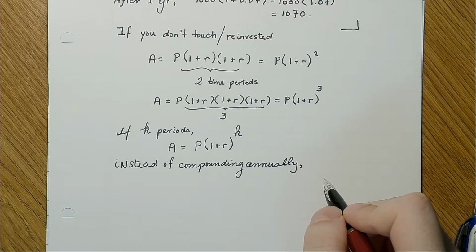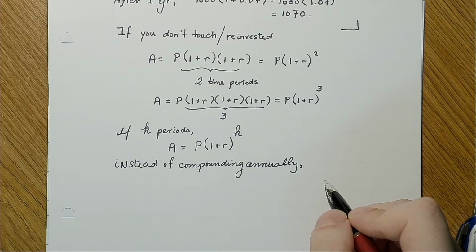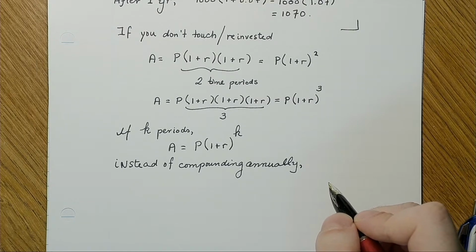Sometimes it's not annually, sometimes it's semi-annually, you'll get your interest paid out, or you could have it quarterly, like dividends. Dividends is usually handed out at like,